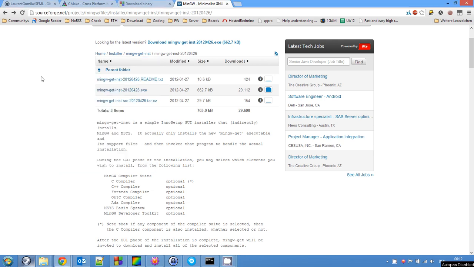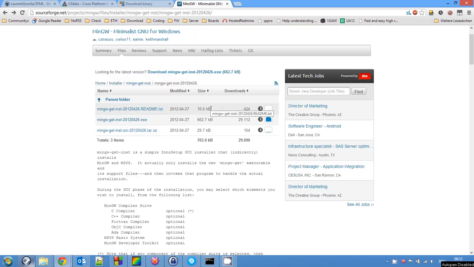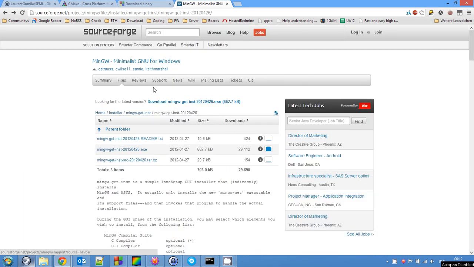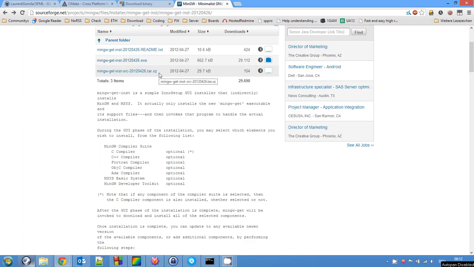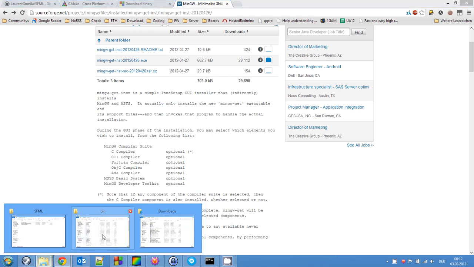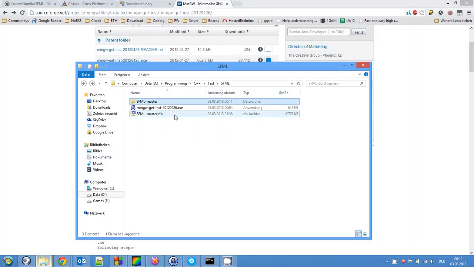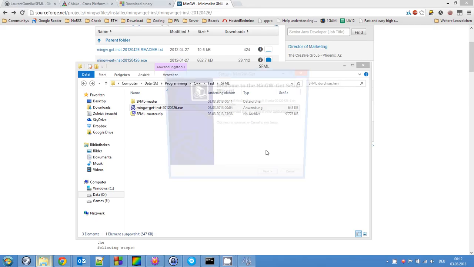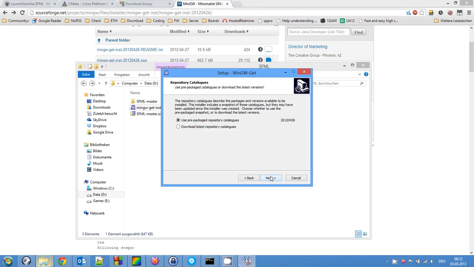Welcome guys to a quick tutorial on how to build SFML, and we're going to use the MinGW toolchain and Code::Blocks. So first off we need to get the different tools, so we go to the project and download the installer. I've already done that, which will look like this, and you just have to make sure with the setup